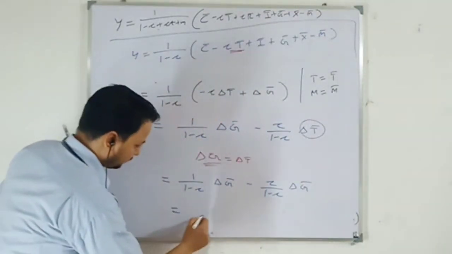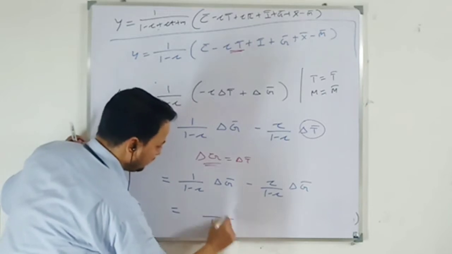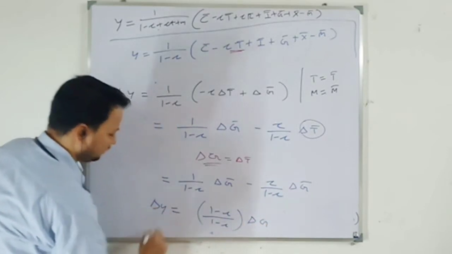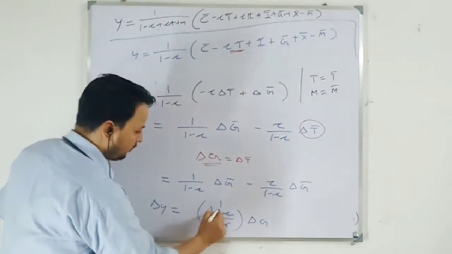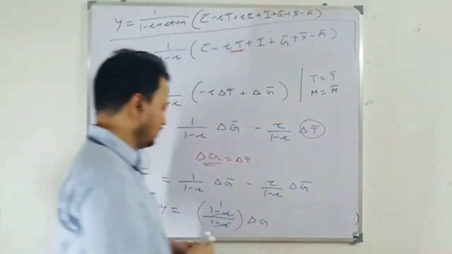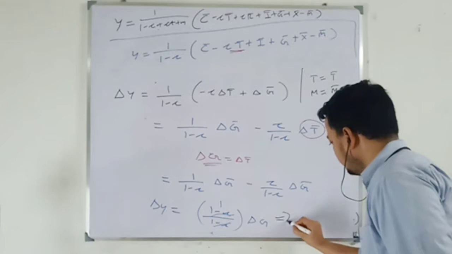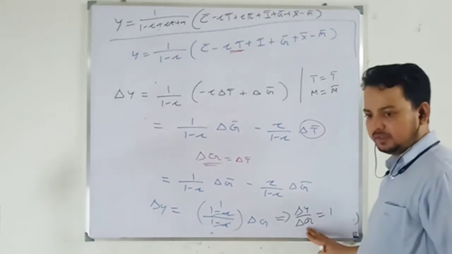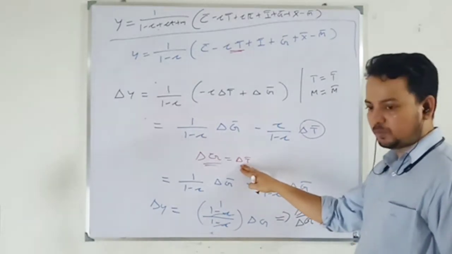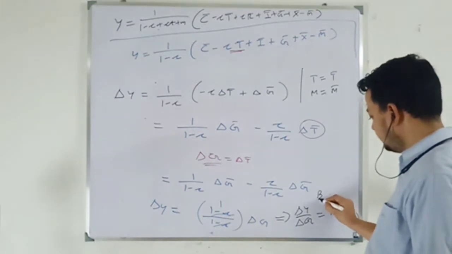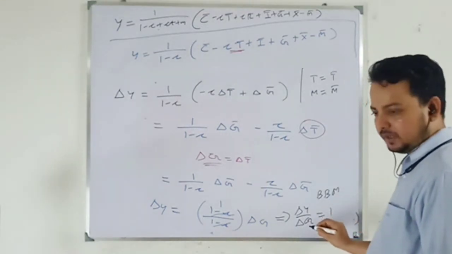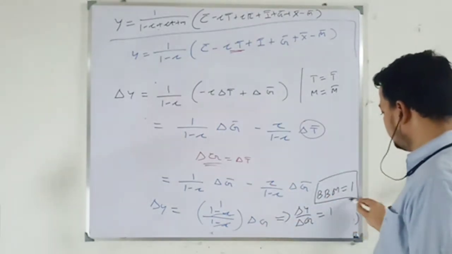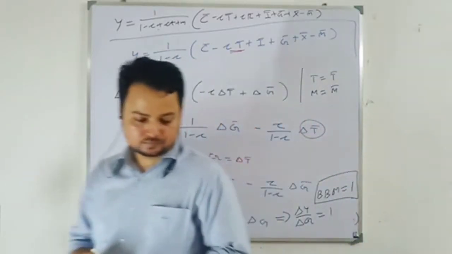So you will get the denominator is the same, the numerator will be 1 minus C, change in G over change in income. This will cancel out, it will be 1, right? So what you are having is change in income due to increase in government expenditure, when the increase in government expenditure is financed by imposing an equal amount of tax, is 1. So this is the balanced budget multiplier. Why? Because you are imposing an equal amount of tax. The balanced budget multiplier is 1.